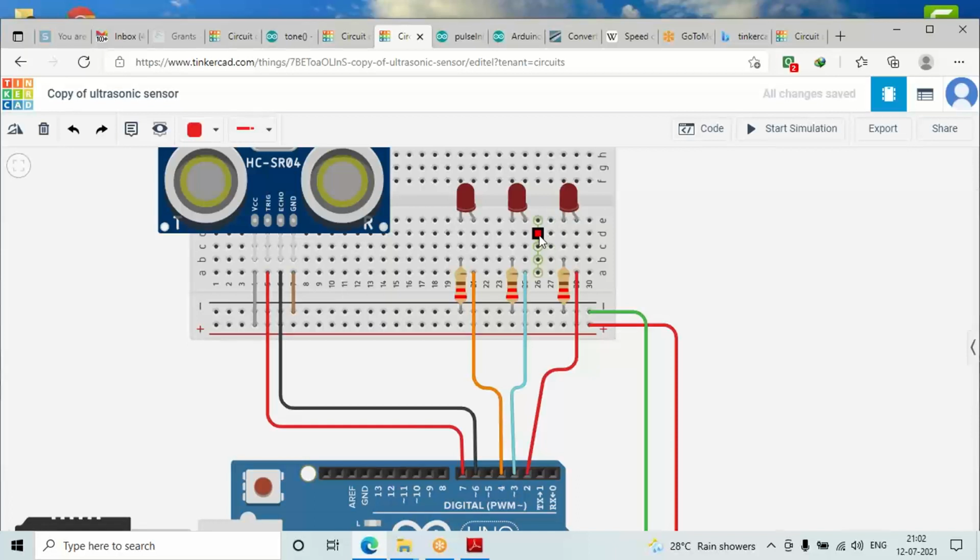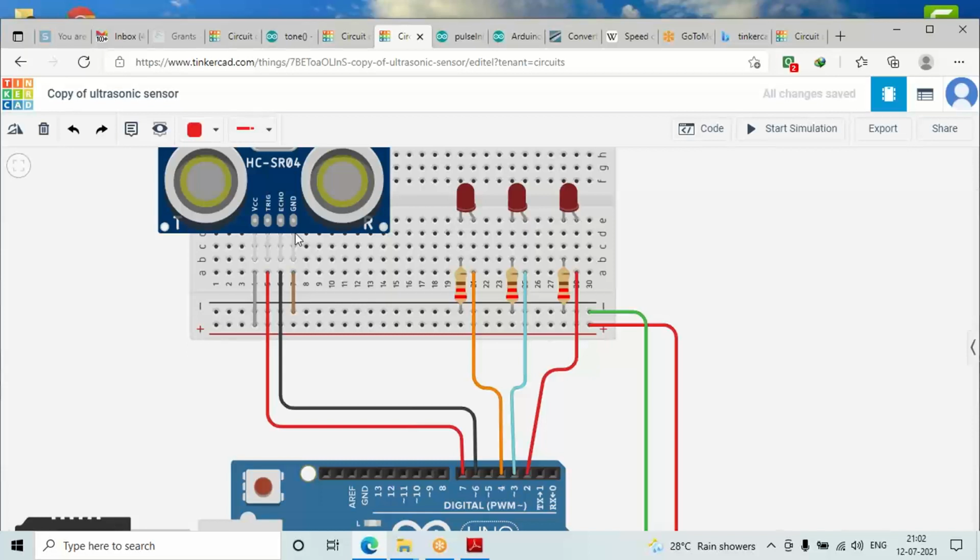If distance is more, next 2 LEDs will be following it. So before writing the program, we also have to understand how this ultrasonic sensor is calculating the distance. Actually, this ultrasonic sensor is not calculating the distance, it is calculating the time. And you all know that in order to find the distance, distance is equal to speed into time. Yes or no?